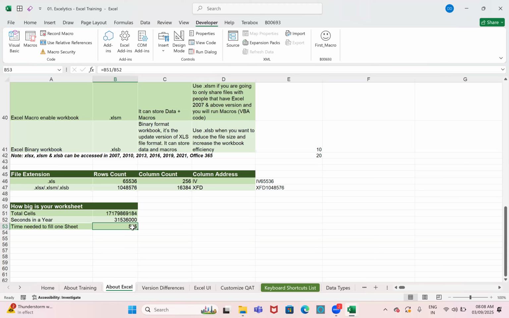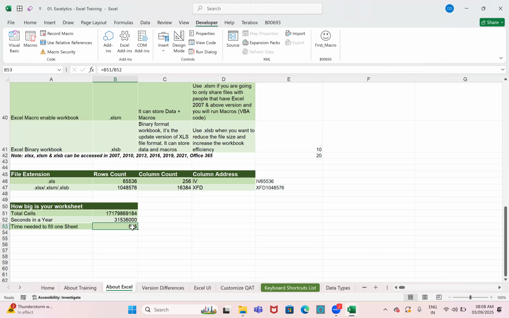One sheet. Usually we don't do any manual work, right? I mean, manually you don't try to enter any data. Maybe some records when you are entering in the application, maybe you will store it, but always you don't try to enter any data. Maybe data entry people do that. Even we don't store 10 lakh records in Excel. If you have huge data, you may store in SQL Server because of security reasons. Maybe in other databases we'll store the data, right?